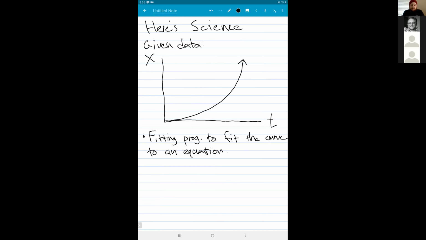You'll see distance along the vertical, horizontal is time. You'll see these little data points, and they're basically just a bunch of little points. Sometimes they fluctuate a little bit because there's a little error, but you'll just see them going up like this. And then the software itself goes, okay, I see some kind of curve there. And then you go in there and you tell it, I'm expecting there to be some kind of parabolic curve. And you tell it, I want this curve to fit some equation that looks like,